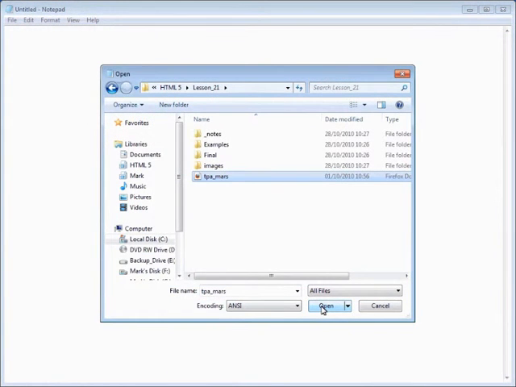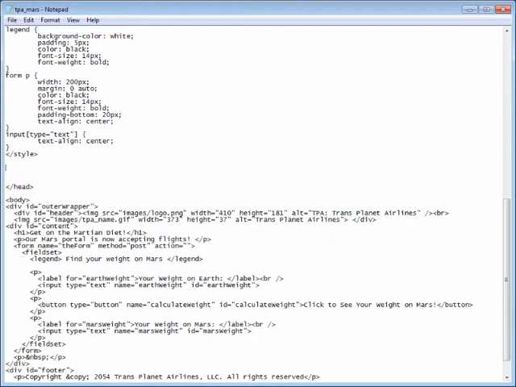If you want to follow along, please start by opening the file tpa-mars, which can be found in the Chapter 21 folder. To create this weight conversion feature, we will start by adding the required JavaScript code to the head section of the page. With the cursor already positioned after the closing style tag, we will begin by adding the